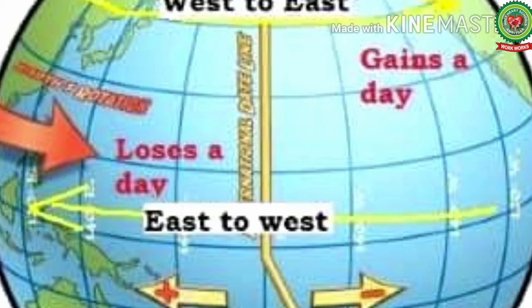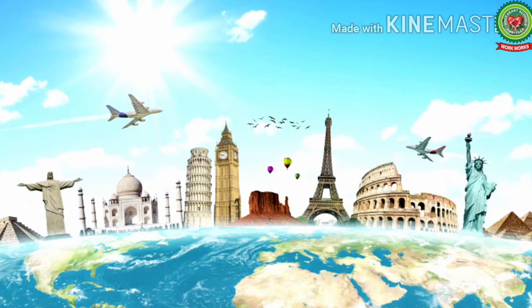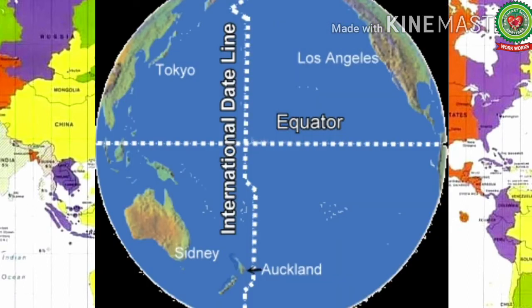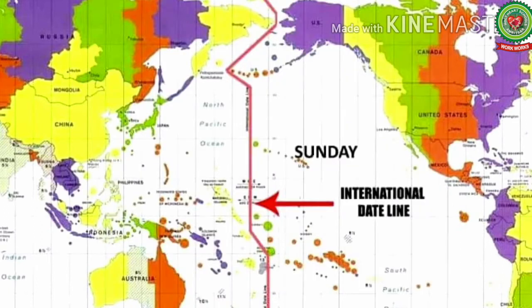To avoid the confusion of dates and for the convenience of those who are traveling around the world, international dateline has been established. Meridian 180 degree was chosen as international dateline because it passes through the middle of the Pacific Ocean and there is practically no landmass. A deviation has been taken. This line moves in a zigzag way so that it does not cross any landmass or island, as no country in the world would like to have two different dates on a single day.